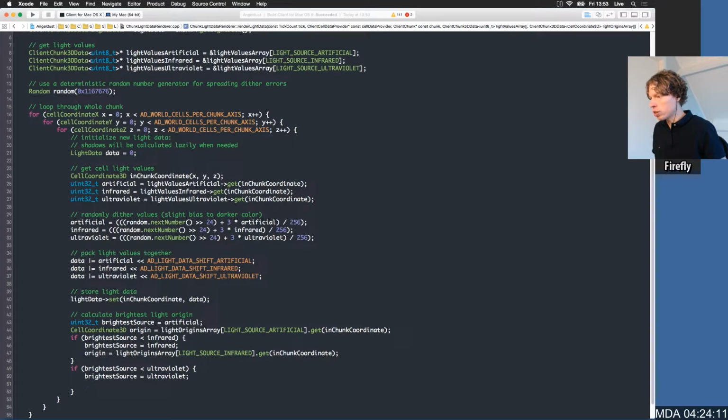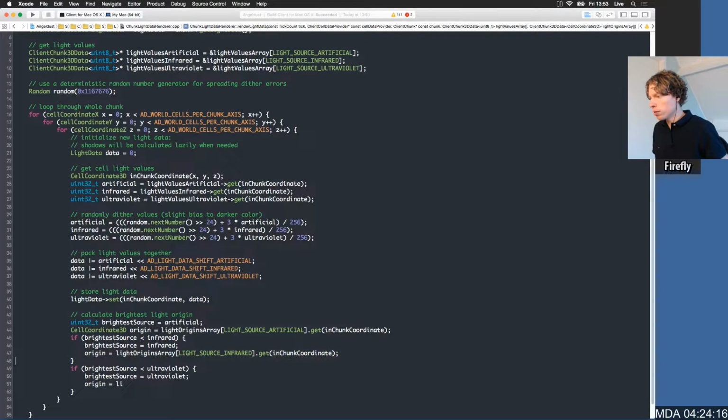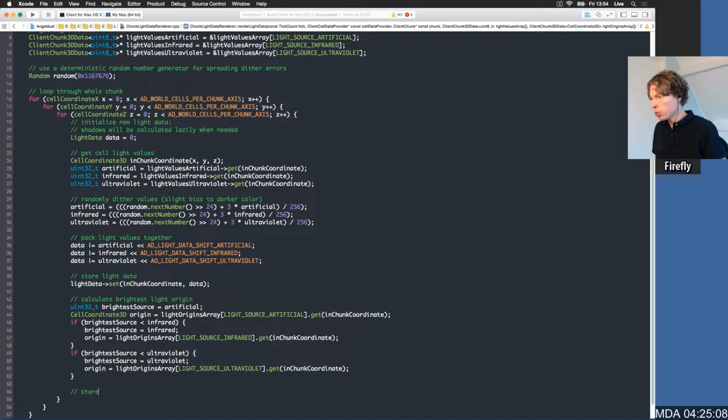We don't actually use this, and the origin becomes the light origins array ultraviolet, and then we store brightest light origin if we have any light. If 0 is smaller than the brightest source,